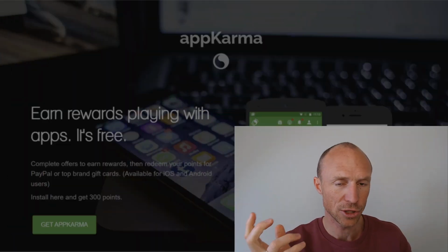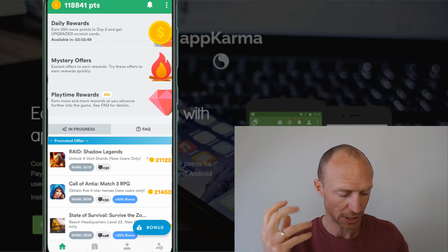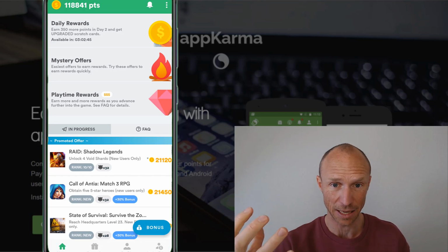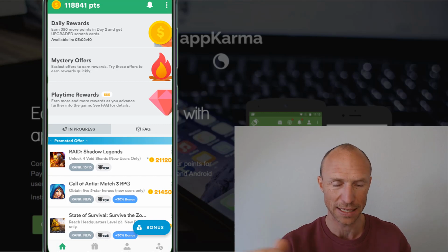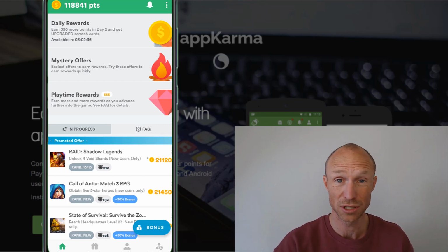I have now logged into the app called AppKarma, and this is an app I mentioned before in other connections, because you can earn in many different ways by playing games. First of all, it is a great app for that, both playtime rewards and also by downloading games and things like that. But what many people are not aware of, and what I also wasn't for a while, is that it